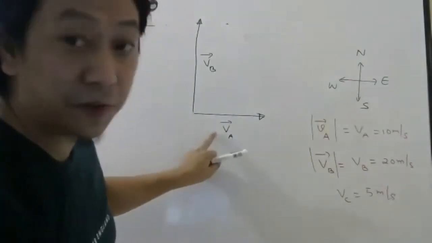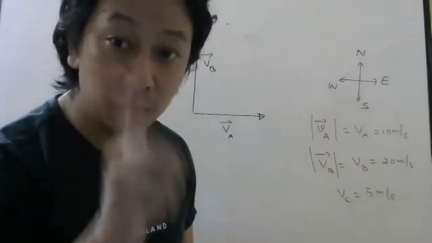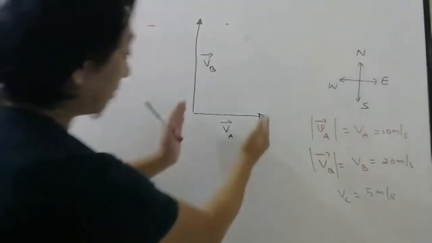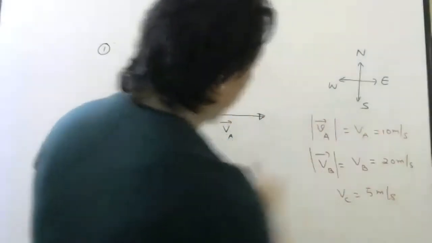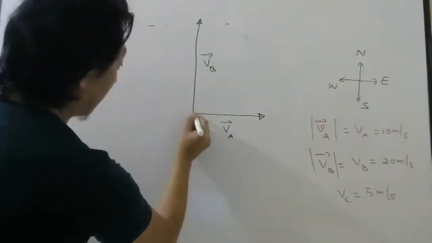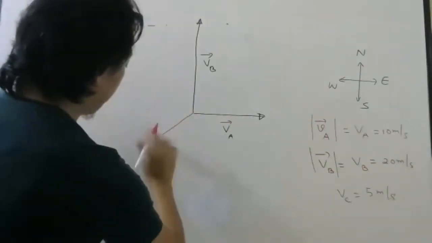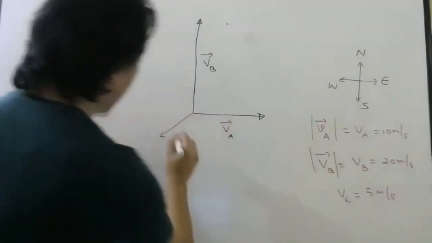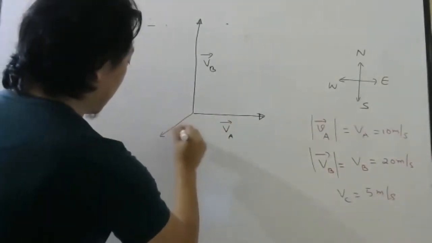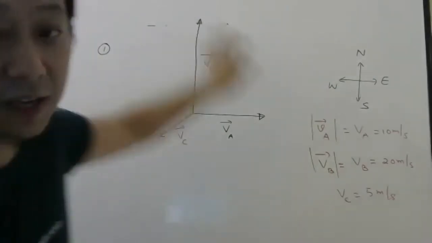Once you have decided the first one and the second one, you cannot decide the third yourself. So this much you are representing 10 meter per second. The third car should be half of this. So this will be the velocity of the third car. This is called a vector diagram.